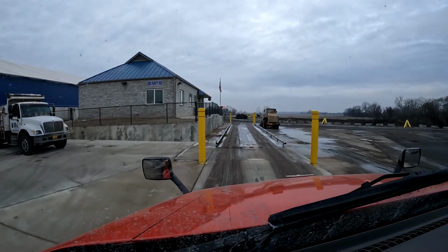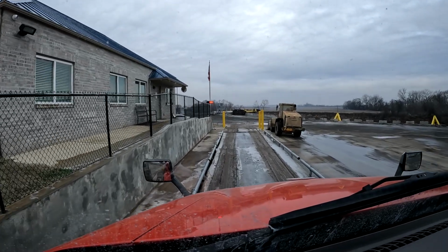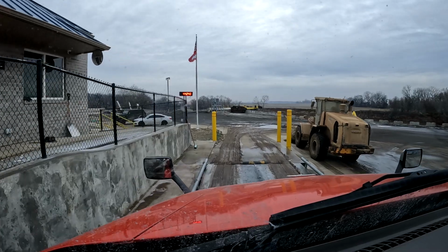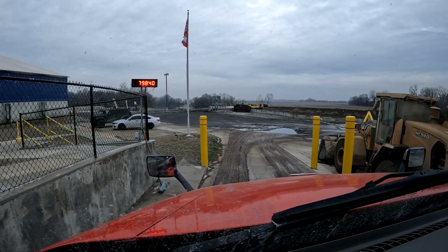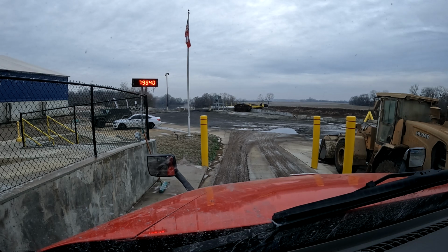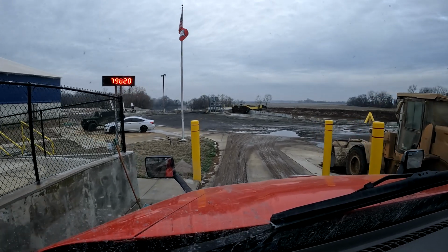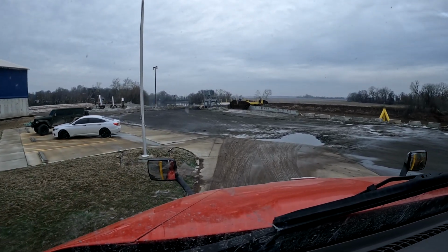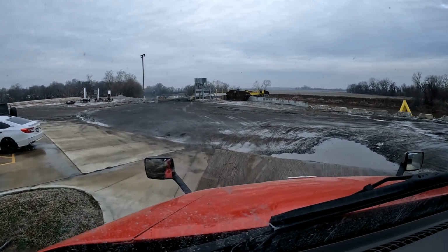All right, let's see if we can get under 80,000. All right. 79,840. That's with me in here, of course. All right, that'll work, I guess. Let me go in and get my paperwork. Okay, so I got my paperwork. They got me hauling about 24.4 tons. So yeah, that's a little more than I really wanted to have on there, but